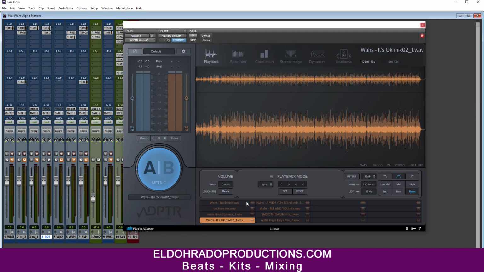Now, this plugin is not only for references, but it shows you a lot more things. On the playback section, you can see the waveform and how you want the reference track to react with the one that is in the session. However, I like to have mine on sync